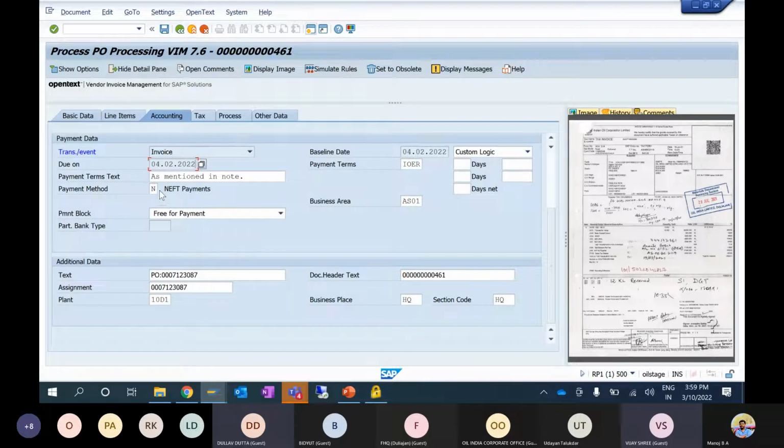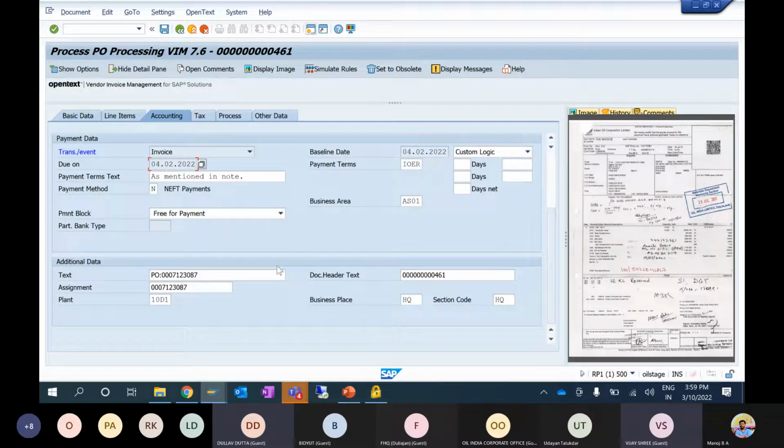Okay, so if your invoice value is more than 2 lakh, then the payment method is X. Automatically it will pick up based on the logic we have updated. But still you have a free hand here, where you can go ahead and change the payment terms. Okay, so then